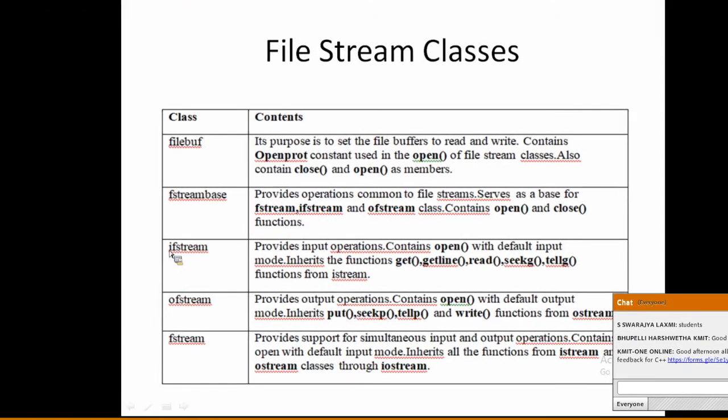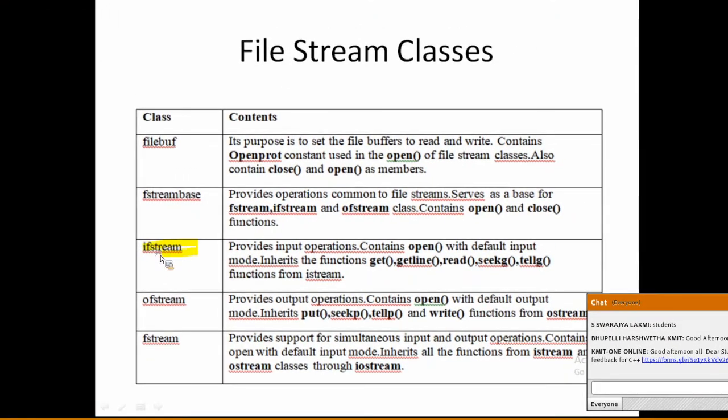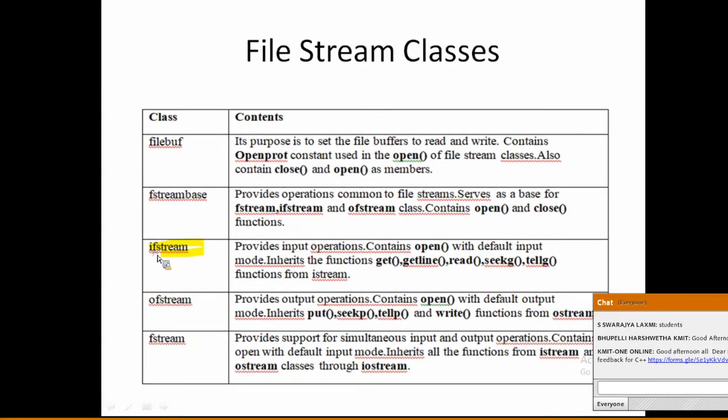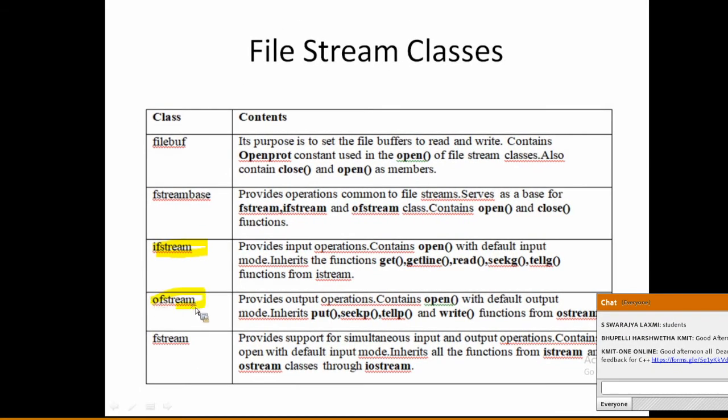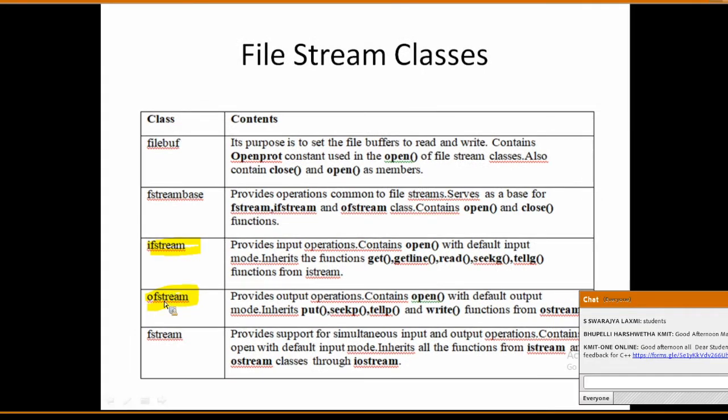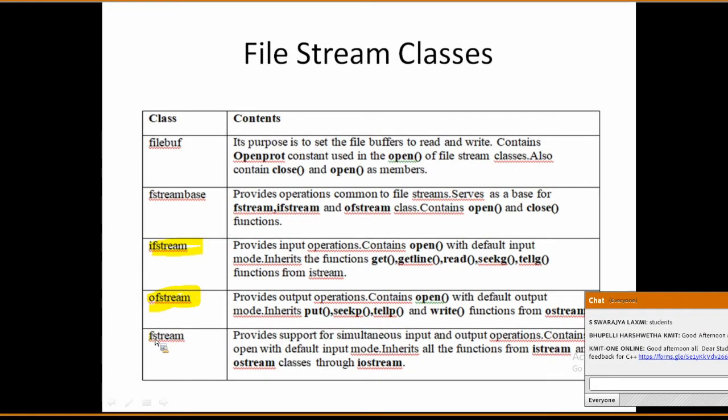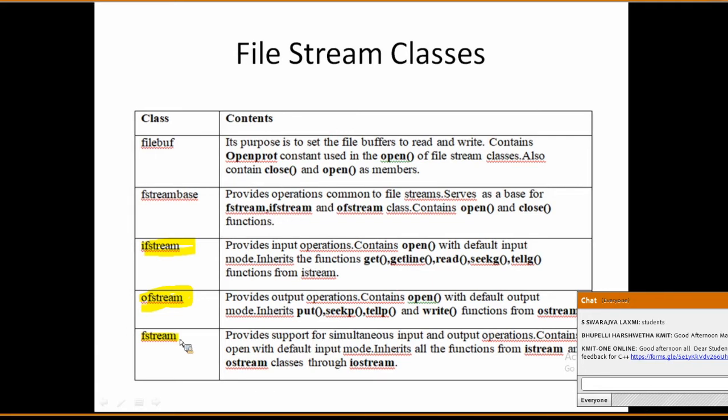You can have three classes: one is ifstream, then we have another one, ofstream, and then the next one we have is fstream.